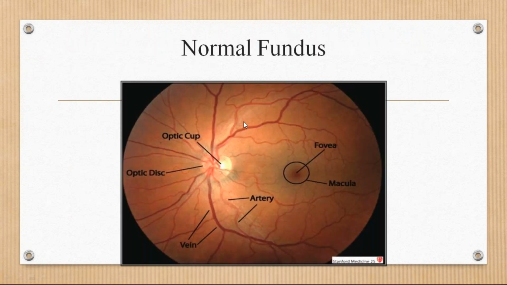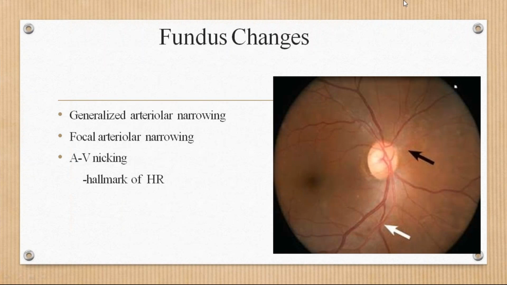Okay, so you know that this is a normal fundus. Here is the optic disc. This is the optic cup. These are arteries you can see here, and this is the vein which is very bright. And here is the fovea. This is the macula, the central one. Sorry, and that one is the fovea. So what fundus changes do you see? Because you now have to know what a normal fundus is. There will be narrowing of the arteries. Here you can see very thin arteries near the arrow, just where I am passing the cursor.